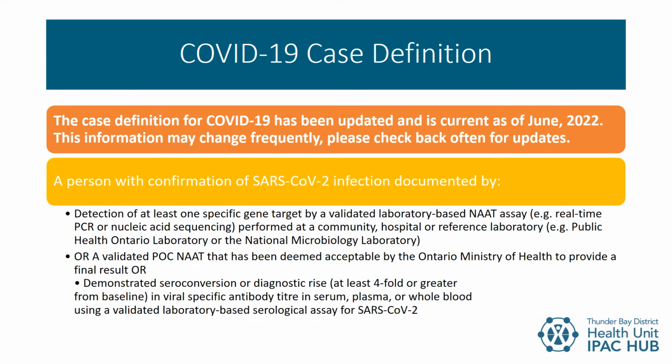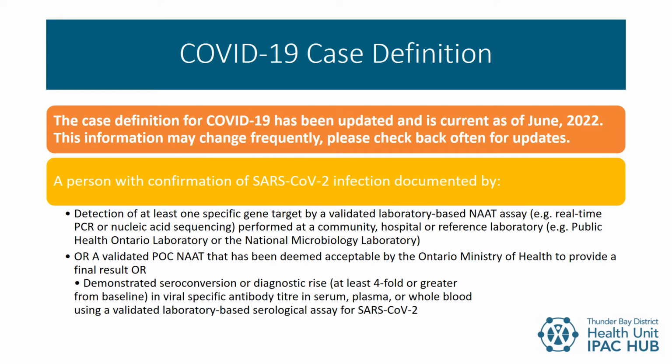COVID-19 case definition. The case definition for COVID-19 has been updated and is current as of June 2022. This information may change throughout the course of the pandemic, so we encourage you to please check the Ontario Health website often for updates. A person with confirmation of SARS-CoV-2 infection is documented by 1. Detection of at least one specific gene target by a validated laboratory-based NAAT assay, so a real-time PCR or nucleic acid sequencing performed at a community, hospital, or reference laboratory, as in Public Health Ontario Laboratory or the National Microbiology Laboratory,